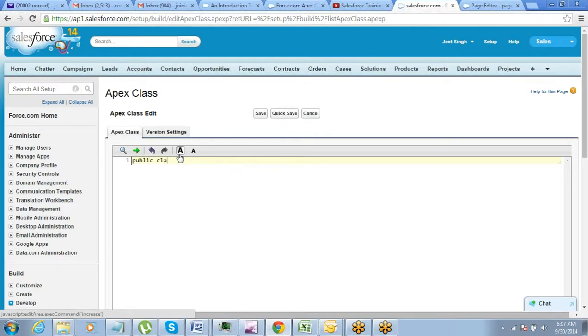So in this example, we are just going to define an sObject, but we will not assign any value to it. Okay. Give it whatever name, selected accounts.